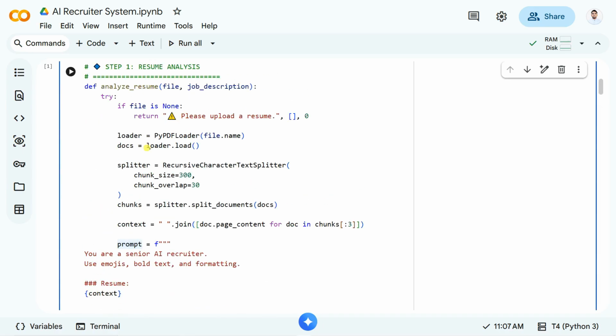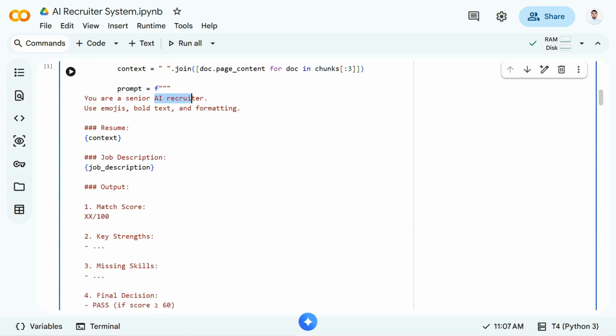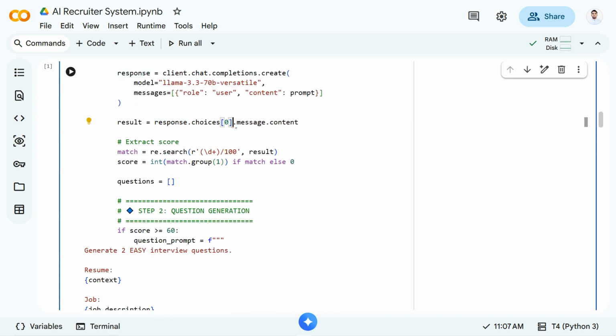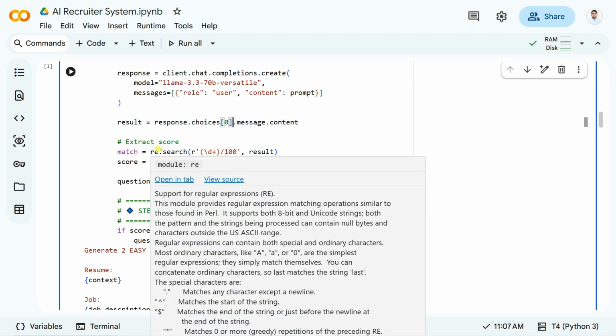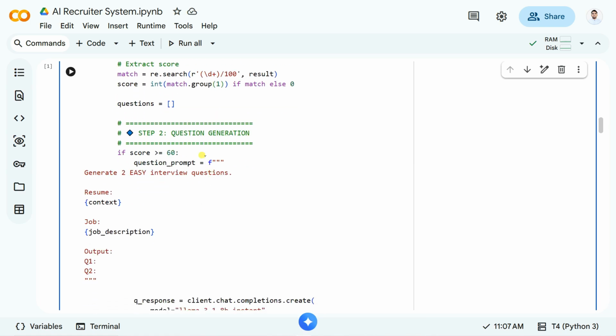It's called the role-based AI because we just give it a role. Senior AI recruiter, and it will act like that. And then for the response choice, we're taking the first choice and extracting the score from it, because the score might have regular expressions, some static signs. So you're just going to remove these static signs, match the score, and pass them. So if the score is greater than 16, it will generate